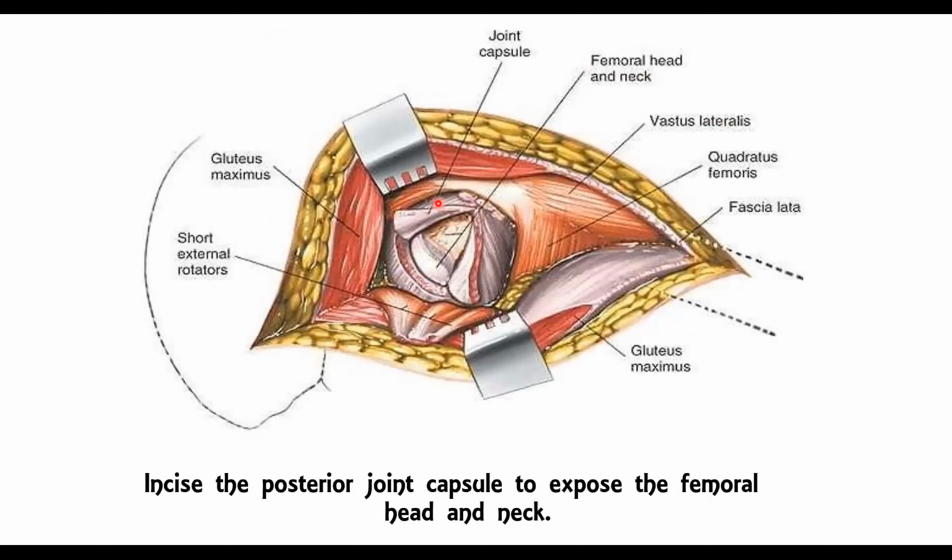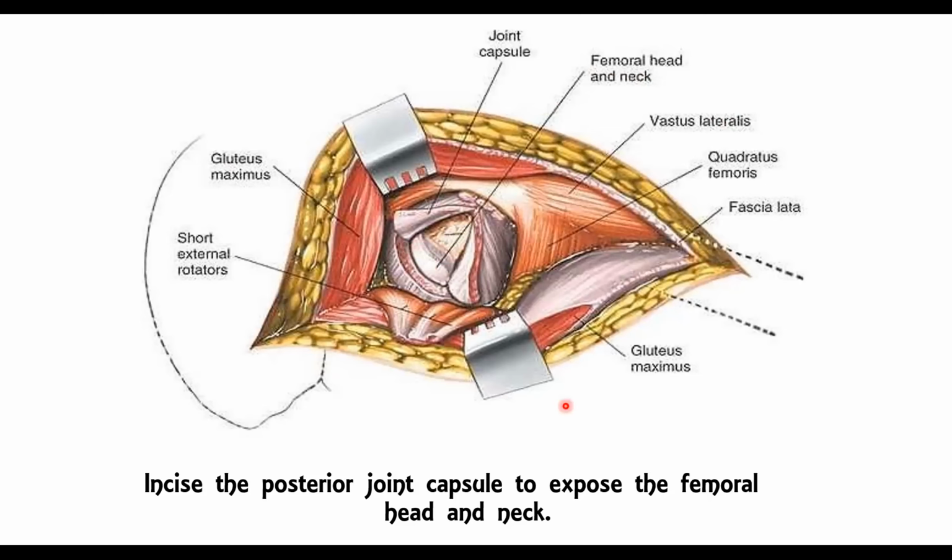Then after this, you will see the joint capsule incised in an inverted T fashion. They will ask here also, because they are assisted and you know how to cut a capsule. So they will say the horizontal limb and the vertical limb. The horizontal limb is towards the head of the femur. The vertical limb is towards the neck. This is the T, or they will say inverted T, from the posterior approach.